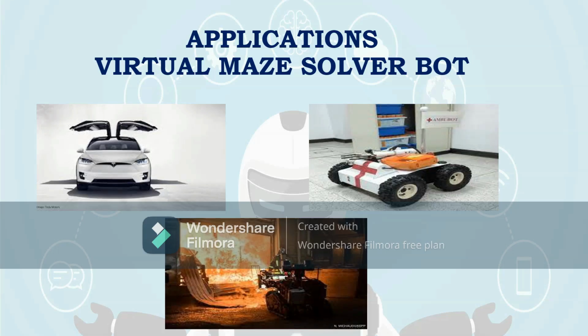Let's see the application of Virtual Maze Solver Bot. The Virtual Maze Solver Bot can be used as a form of navigation to achieve the shortest path for situations like medical attention, rescue operation, and to meet urgent requirements. Applications of maze solving systems also include intelligent traffic control that helps ambulances, firefighters, or rescuing robots to find their shortest path to their destination. This is the future of automotive and technical industries.